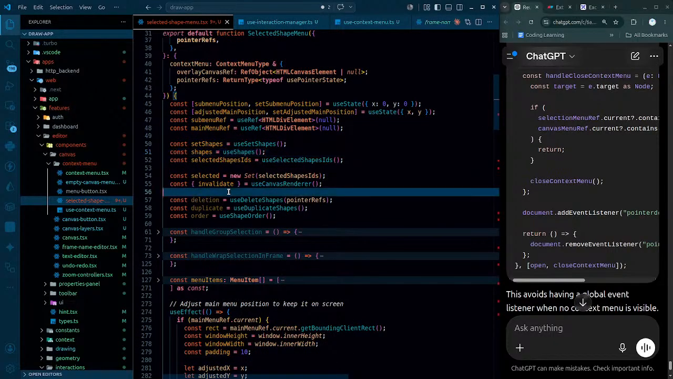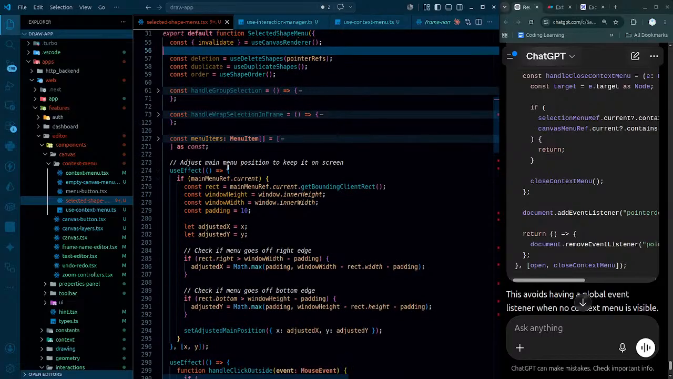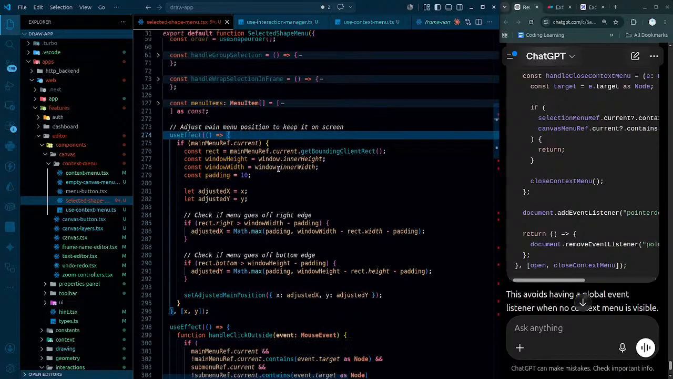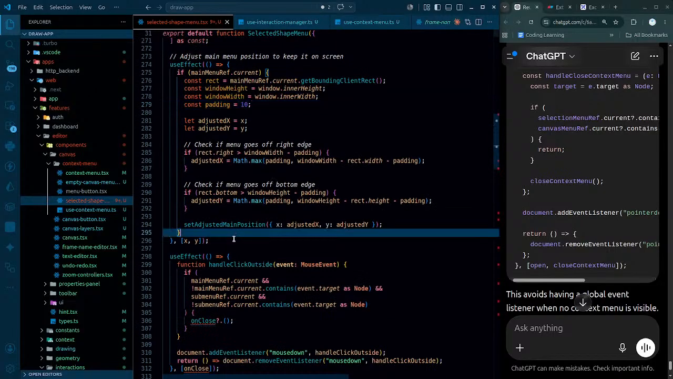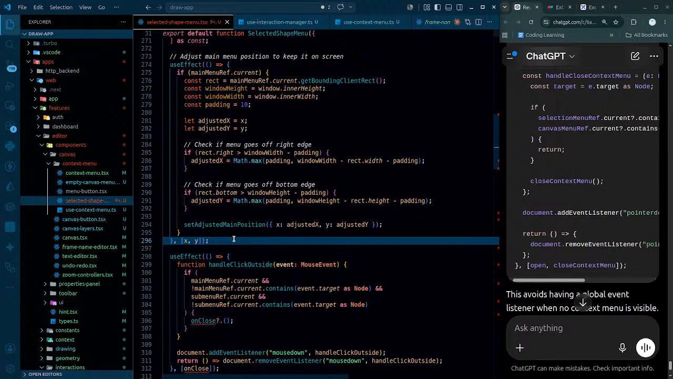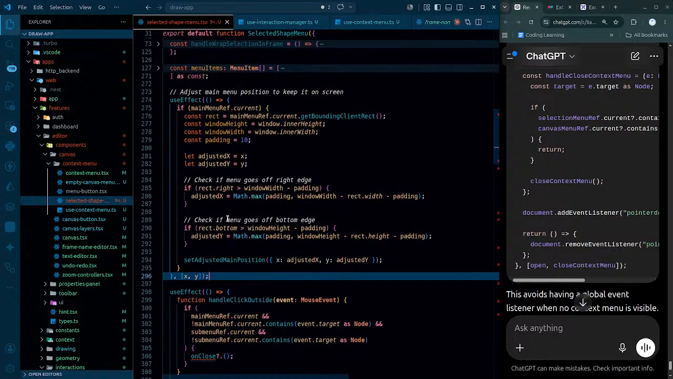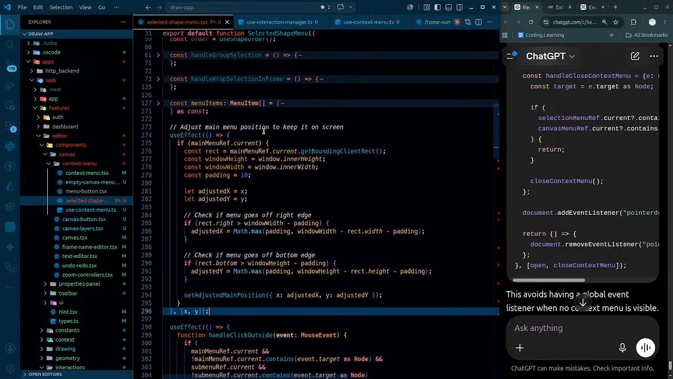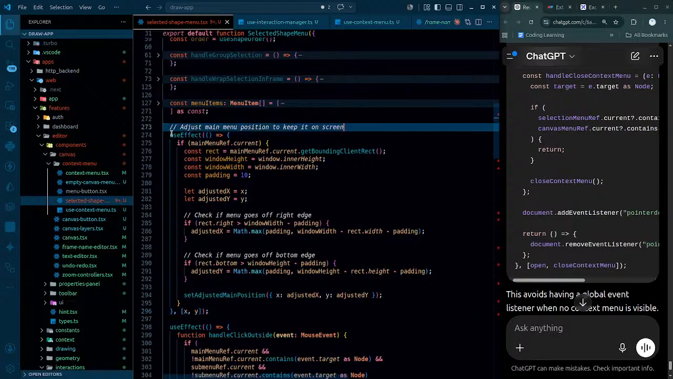Set shapes and all these things are sort of fine, and adjust the main menu to keep the position. Okay, that is fine. It just simply adjusts that. I'll just re-explain it, so not really a big problem. But adjust the main menu position to keep it on screen. So this is for the main menu, and